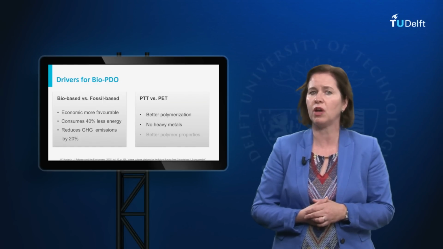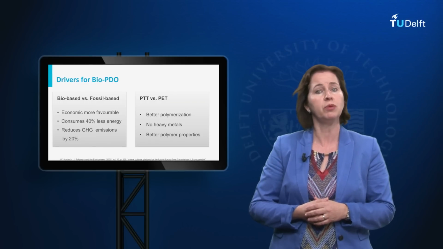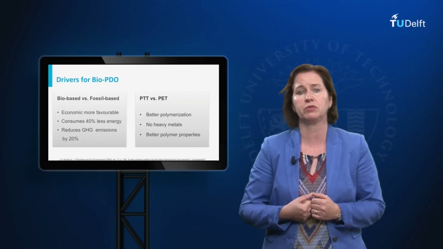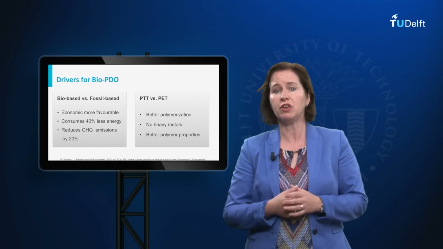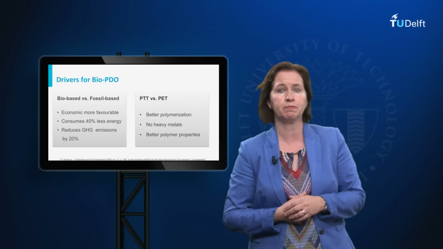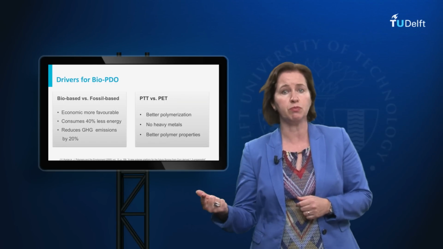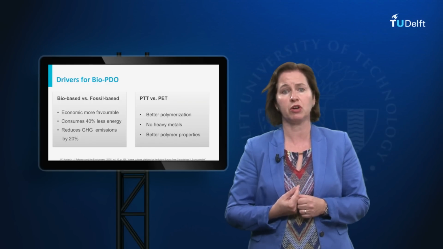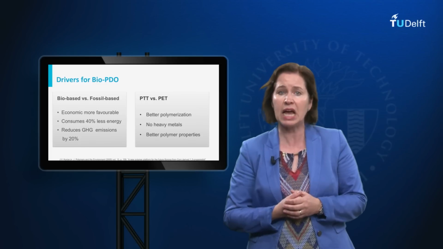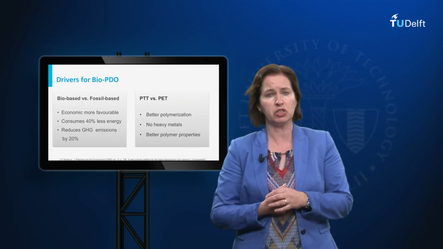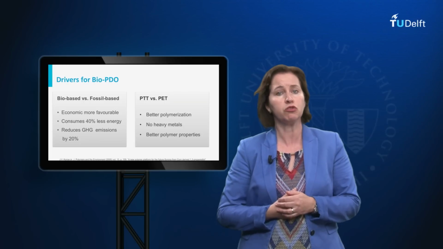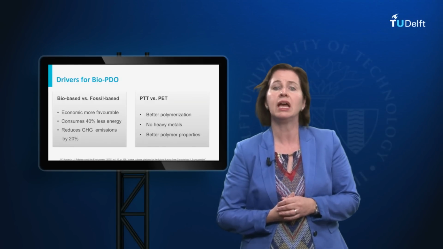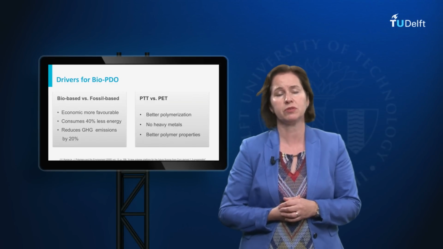It's not just the production of bio-PDO which is more beneficial. Also, the PTT polymer production process is more sustainable than the conventional approaches of polymer production. The structure of PTT saves energy as polymerization becomes easier. Also, the recycling of PTT products is easier due to the absence of heavy metals, which are required for PET production. And finally, PTT has excellent properties compared to PET. It's actually a better product. This is a true win-win situation. We can create a better polymer by using an economically and environmentally better production process.